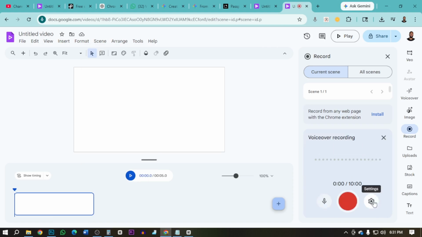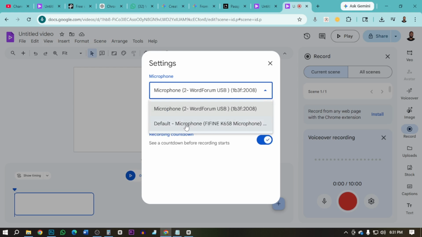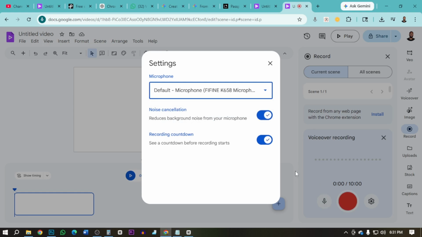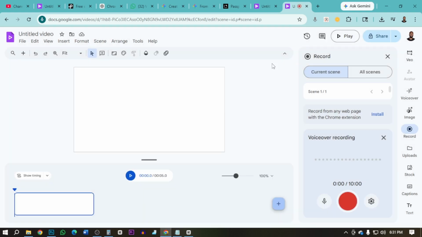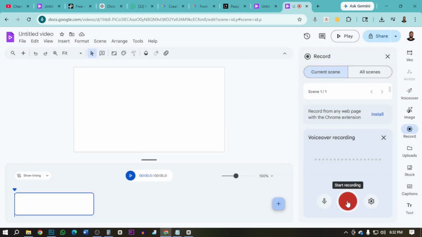Now select your microphone from here. First of all, click on this select icon and then select your microphone. It's my primary microphone, and I am recording this tutorial using this microphone, so it's not possible to select this one. Close the dialog, and you can see I think it's working, so it's fine. Now click on the start recording option to record your voice. You can also install a plugin to use this app.